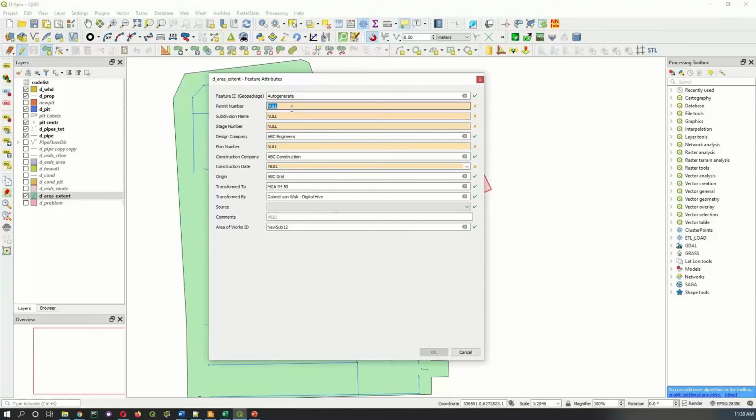Now I'm just going to be naughty and add some rubbish data in there. You will notice though that there's a few things that have been automatically entered. Those are elements from a configuration file. I've gone in and said, okay, every time I'm going to create an area of works, for me, if I'm a surveyor,